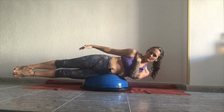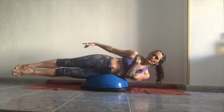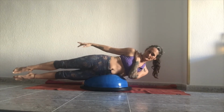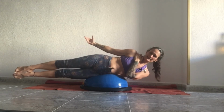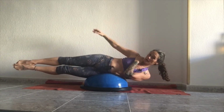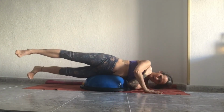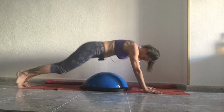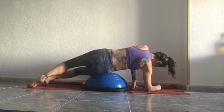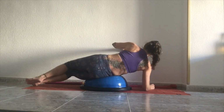Now you can see how I'm rocking. This is why my trainer used to make me do this, called it slippery fish. And you just try to hold as much as you can. Allow yourself to wobble. It's all good. All right, but this side is working hard. Shouldn't have moved. And if I was crazy, I'd move my arm. And that's what happens. All right, let's see what this side does. Ooh. So you do need to play with where your bum goes. So say it's going to depend on...